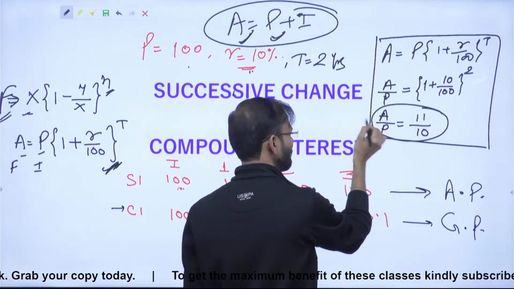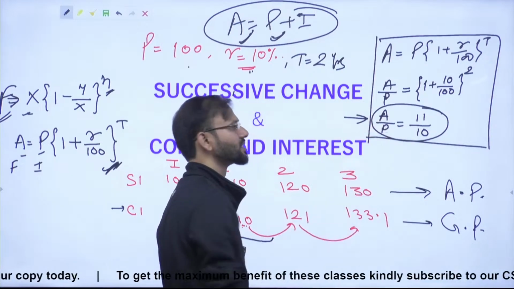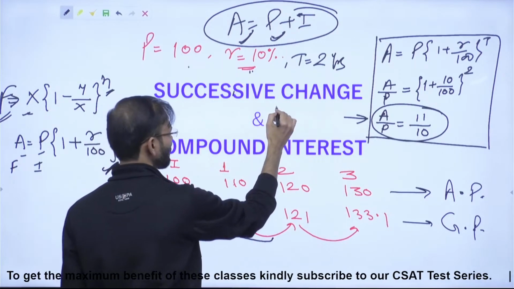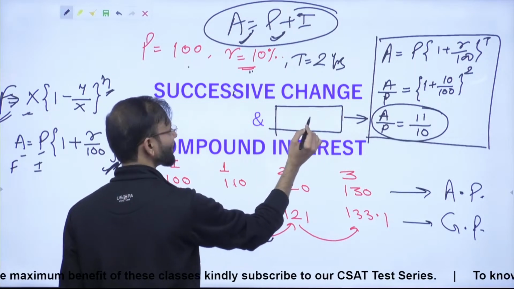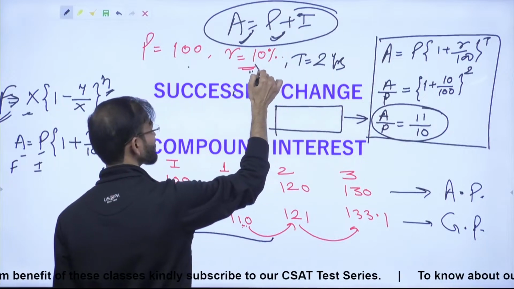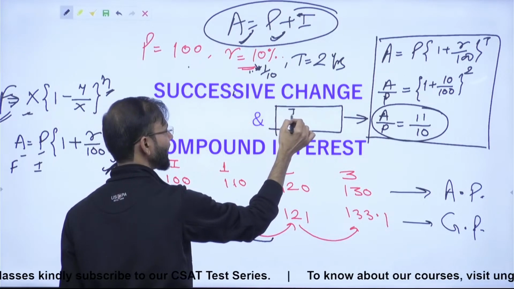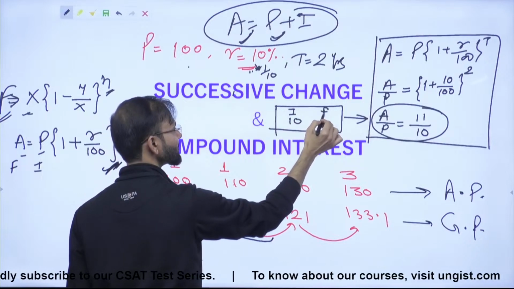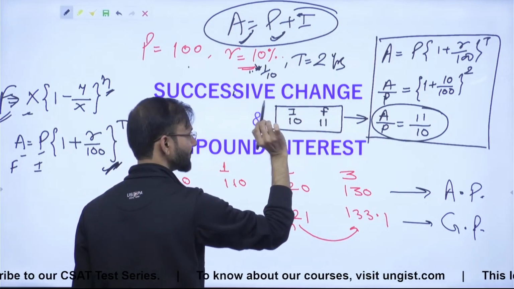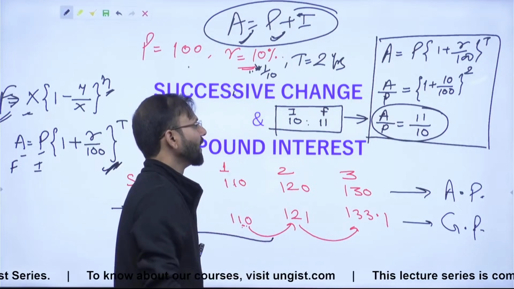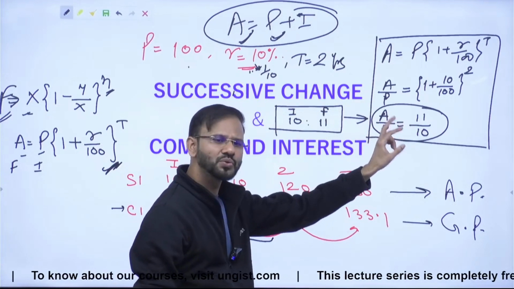Guys, we are doing this, I mean why? Because we assume the initial quantity, if this is 10%, 10% is 1 by 10, right? So we assume the initial as 10 and final as 11, correct? Right? So after 1 year, this is 10 is to 11, and now if this is 2 years,